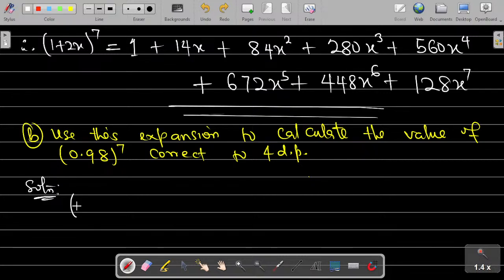I am thinking of 1 minus 0.02. I think that's what will give us 0.98. Yes. Okay, 1 minus 0.02. Okay, so if we make use of this, and if you compare it to this, you will discover that our x is going to be,